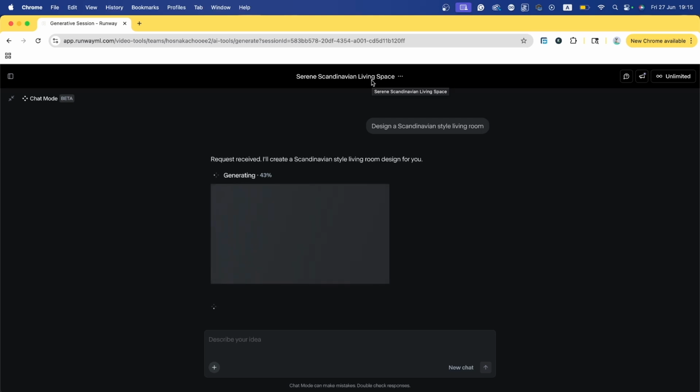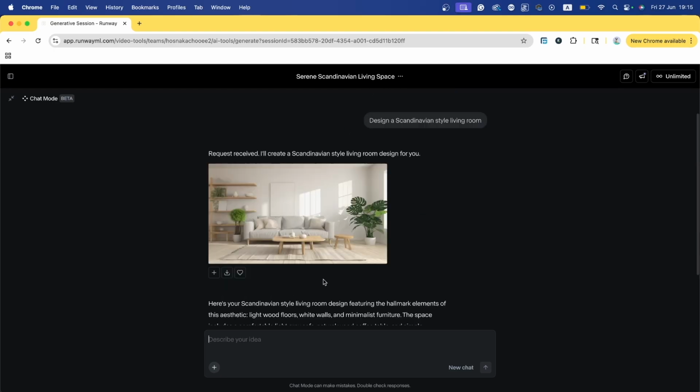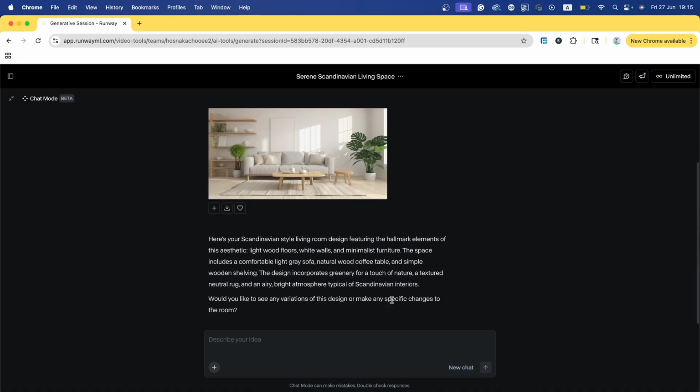So you can always go back to it, make some changes, alter it however you like, and always come back to it. So there is my result right now. We can see that I can download it, favorite it, and it gives me a little bit of a description. This chat feature is relatively new, so you can kind of communicate with Runway how you would like to go